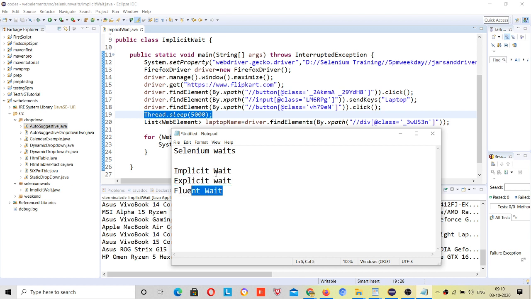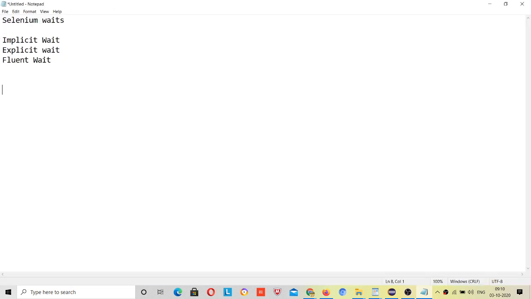So first of all, let me tell you what is implicit wait. So let's first understand this theoretically: what is implicit wait, what it says, and what functionality it gives us. Before Selenium RC, when Selenium RC was there, we didn't have these Selenium waits, right? Then we were using Thread.sleep, but the Selenium people got to know that it's taking too much time to run our script, so let's try to develop some wait type of thing that will give some features to you.